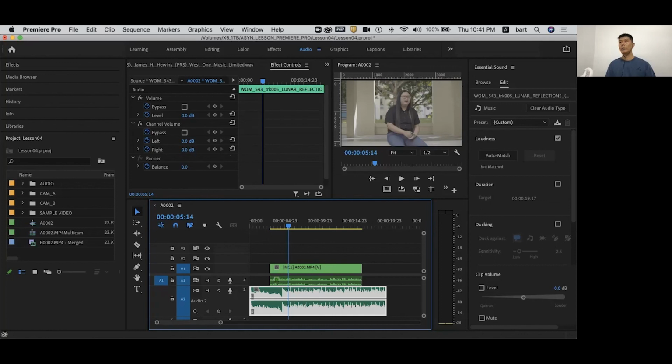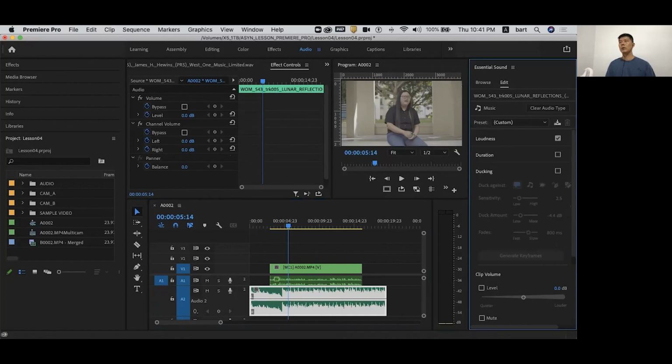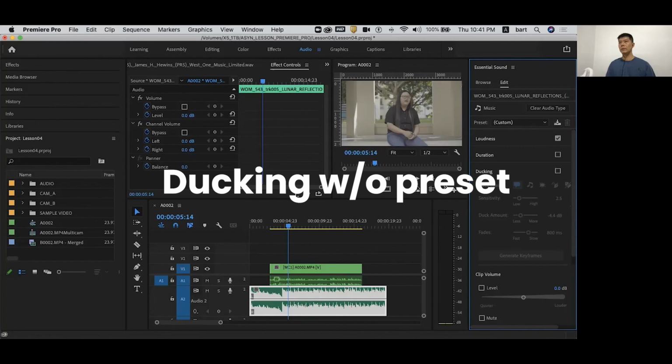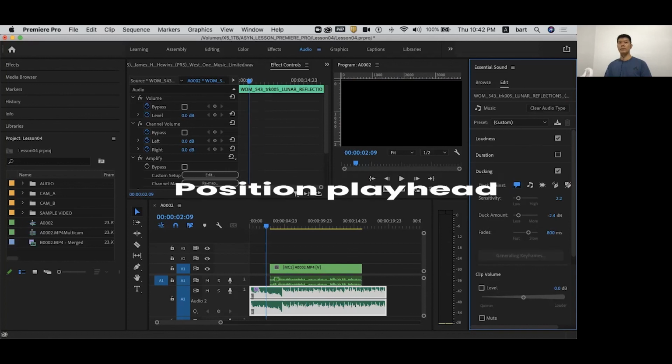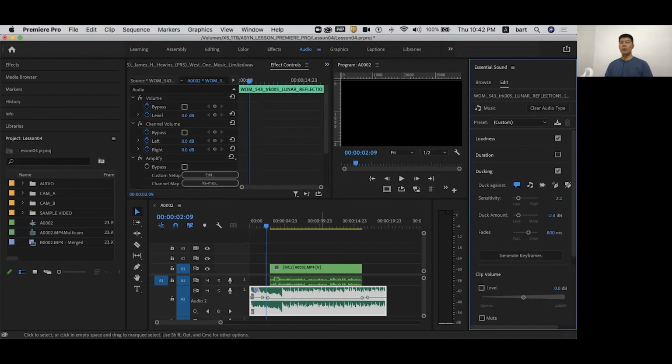So with this option being chosen now, you have to enable ducking. They also have an option to say what do you want to duck against. So I'm going to duck against the dialogue. Of course you can duck against music clips and etc. You can adjust the parameters first, like the sensitivity, how much ducking amount, and the fade, and then I'll generate keyframes. See, they will create the keyframes for me, and if I were to play back now,